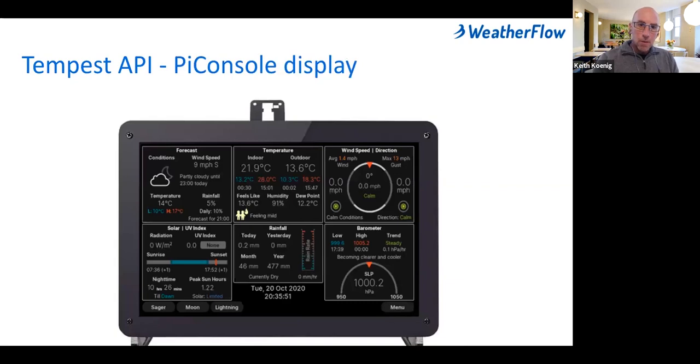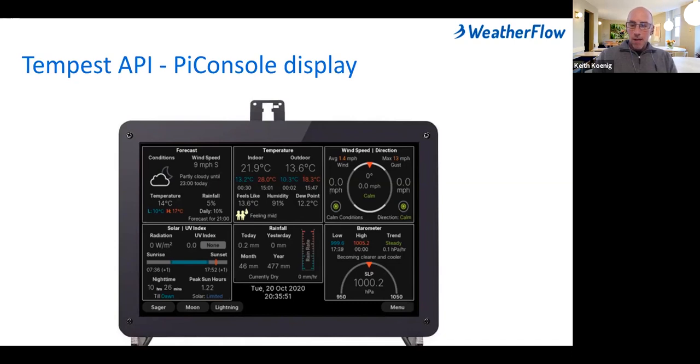Here's another popular one, for your technically savvy do-it-yourselfers. It's a Pi console display that uses a Raspberry Pi integration and has a lot more detail and complexity using the data coming off of your Tempest and by virtue of the Tempest API.